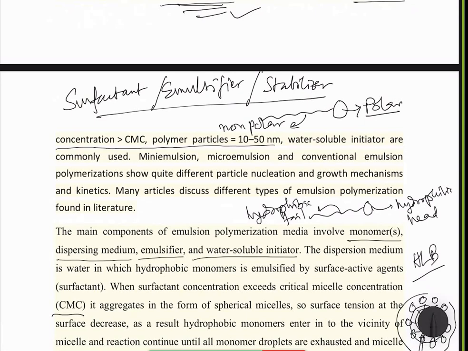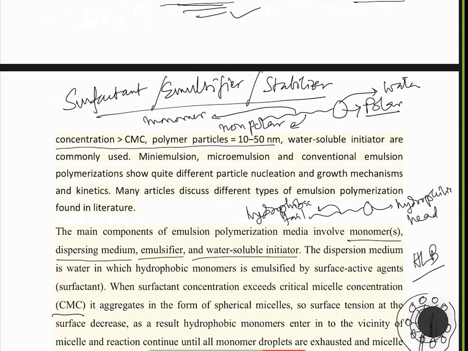So because of the existence simultaneously of this hydrophobic chain as a tail and a small hydrophilic part or polar part as a head, these kinds of molecules, on one hand, can bind with the dispersion medium, that is water, through their polar head, and the non-polar tail can bind with the hydrophobic monomer,